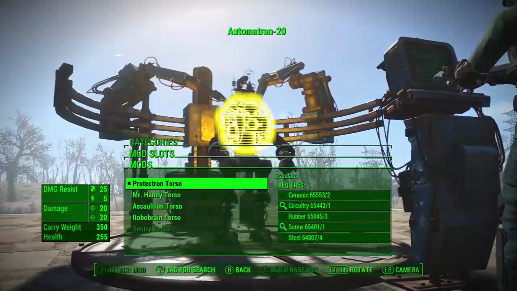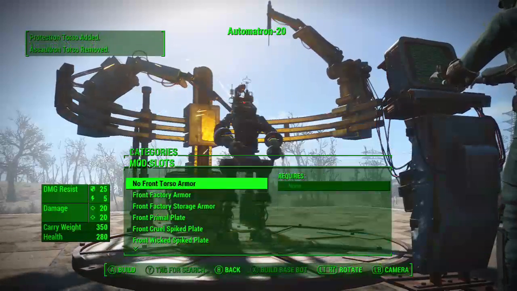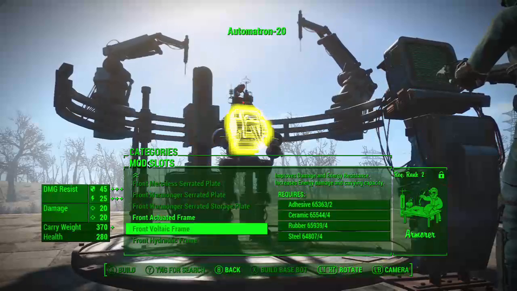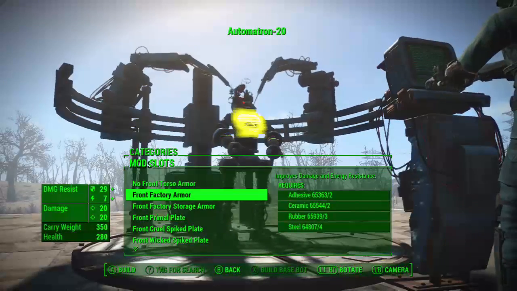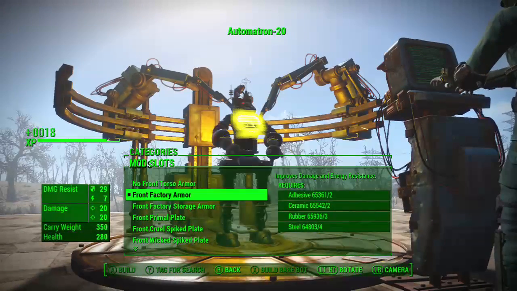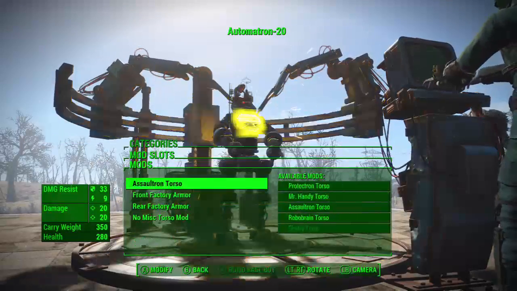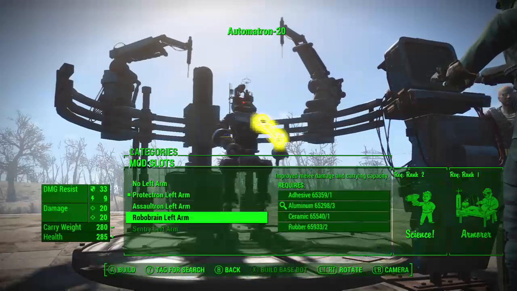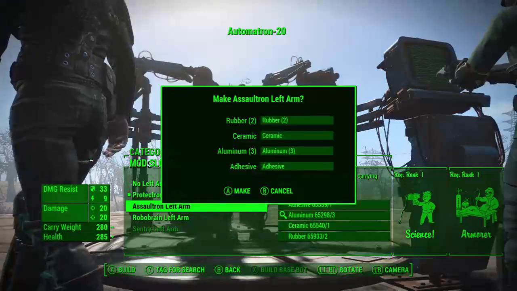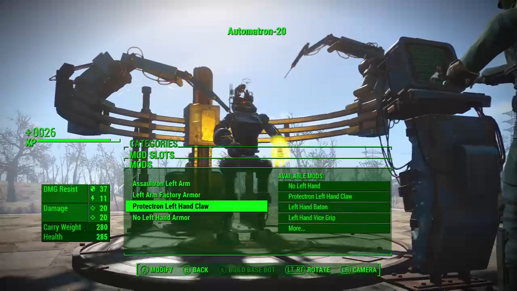Okay, let's see. What's she gonna be? Yeah, Assaultron front armor. I don't really feel like doing anything crazy. Let's do factory armor. Rear factory armor. The left arm we will do... yeah, I guess we'll just keep doing Assaultron stuff. We'll make her an Assaultron. That's probably what she is. Just the factory